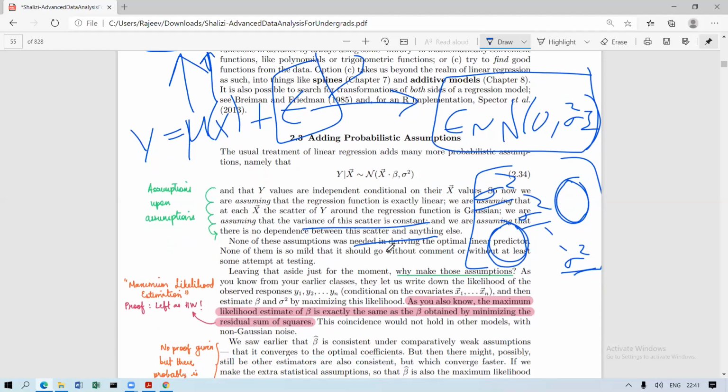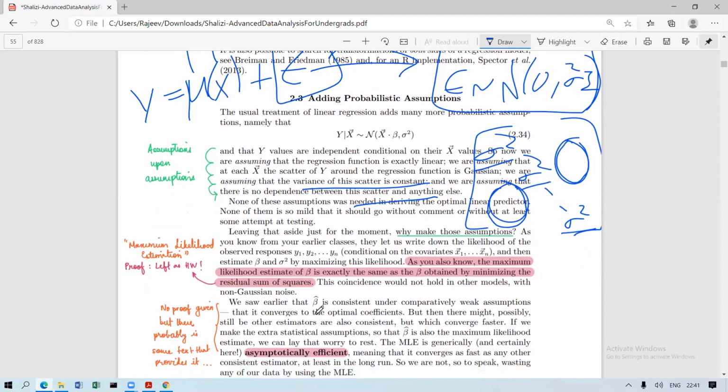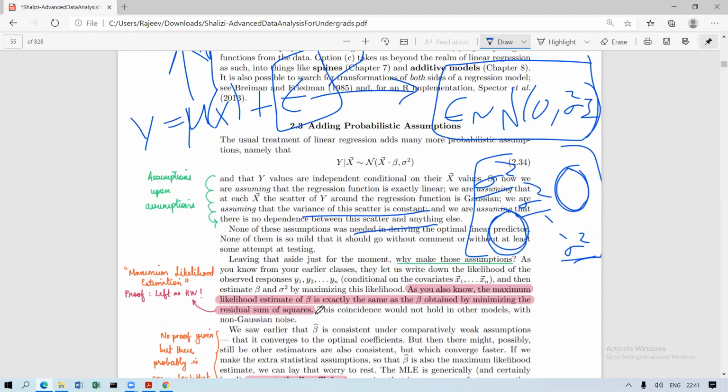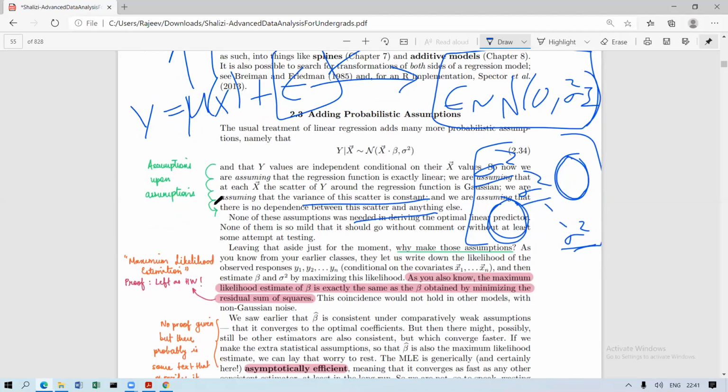So now he's saying the same thing, that these assumptions were not needed to derive the optimal linear predictor, but these assumptions are needed to say that the optimal linear predictor is the best fit. So if with these assumptions you calculate the maximum likelihood estimate of beta, I don't think you would be familiar with maximum likelihood estimate, so in vague terms, it's like